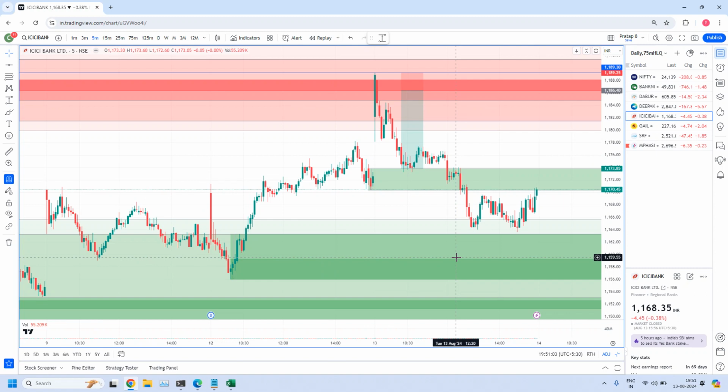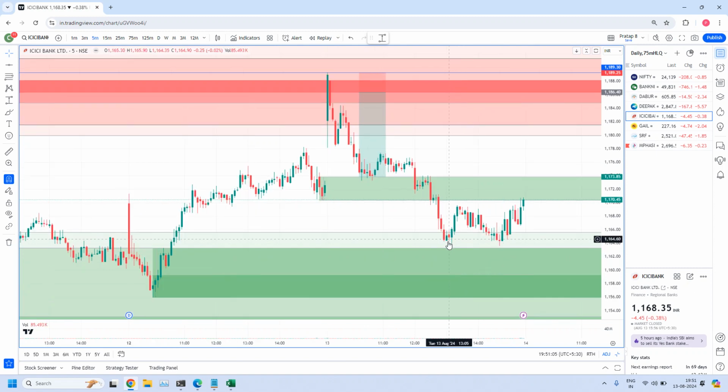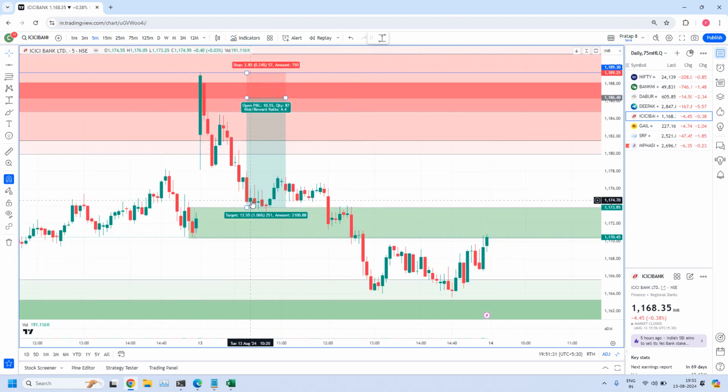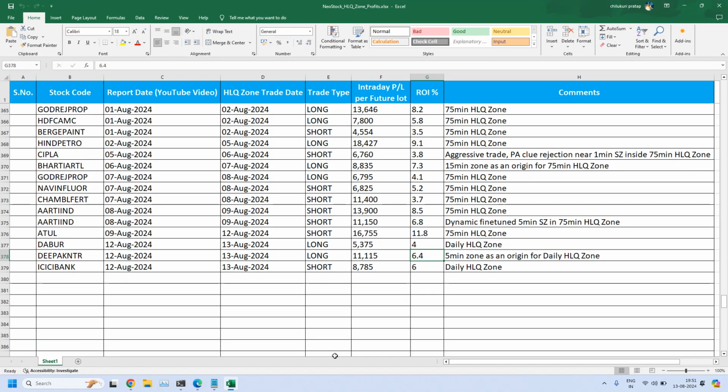In case anybody missed it here in these candles, if you exited at 1 o'clock, you would have exited near the 15-minute zone. After that, you would have taken this DABUR trade. If anybody used a 5 minutes trailing stop, those who used a 1 minute trailing stop was already hit, you would have exited and got a little less profit compared to the exact 15 minutes profit. Okay, anyway, at what time in this 15 minute zone? At 10:20, 5 minutes candle. But 1 minute, 10:19 or 21. Anyway, in this candle it reached.